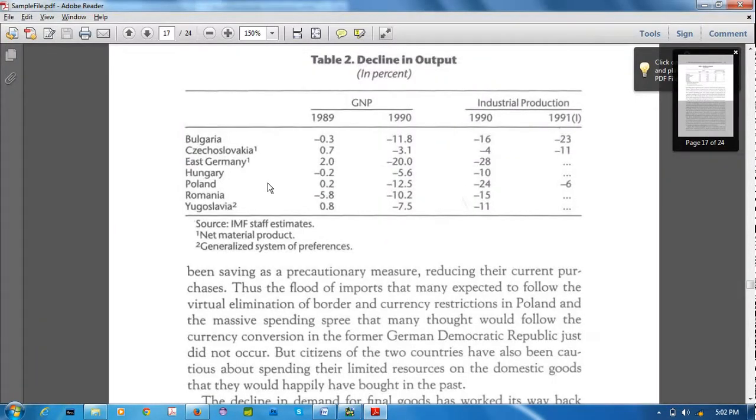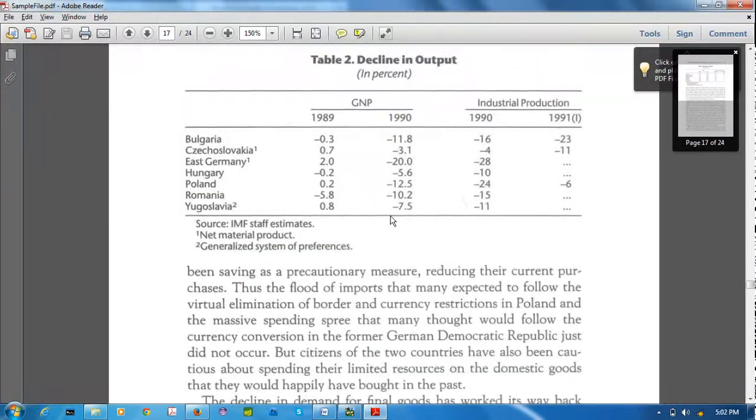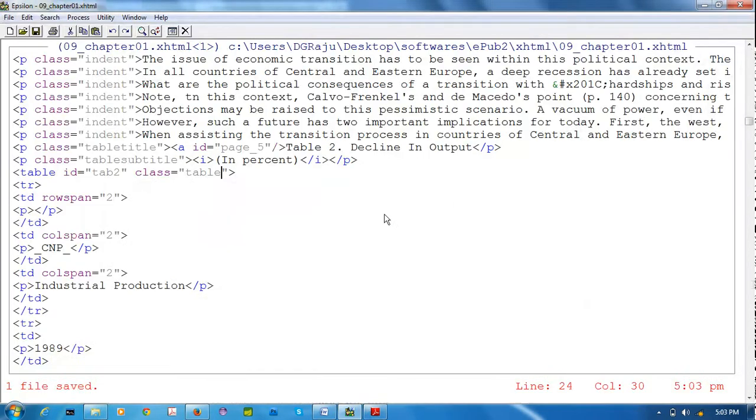Okay, now here onwards the table starts. I am giving one ID for this. Tab2 means it is table 2, class equal to table. Okay,